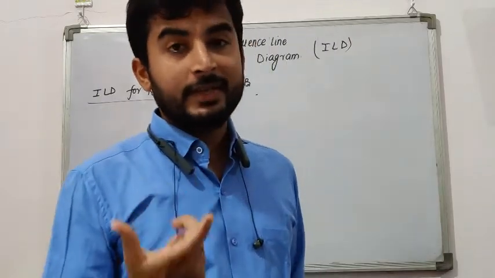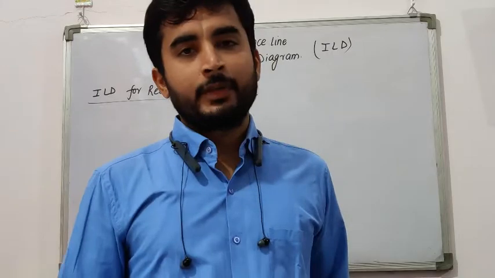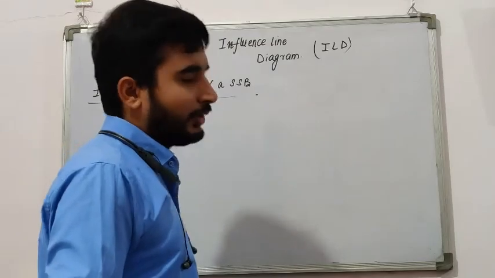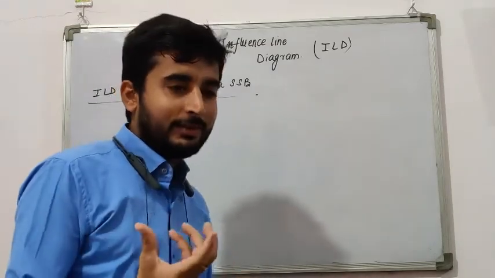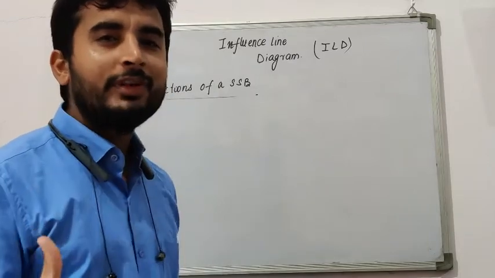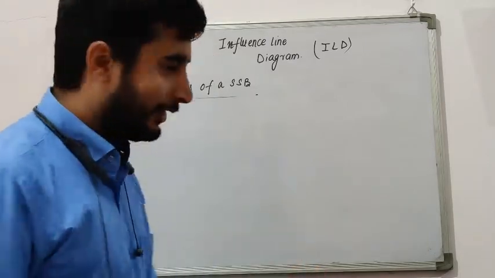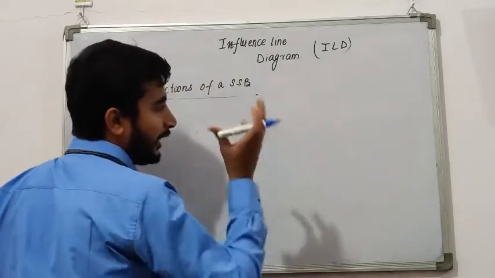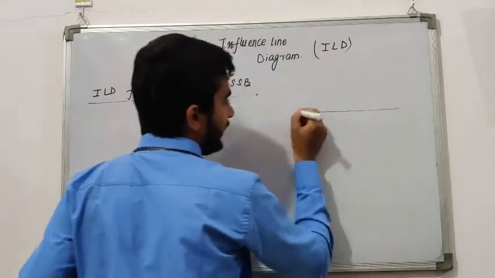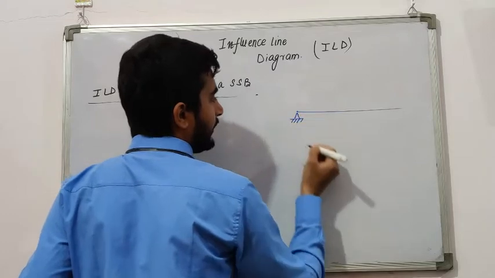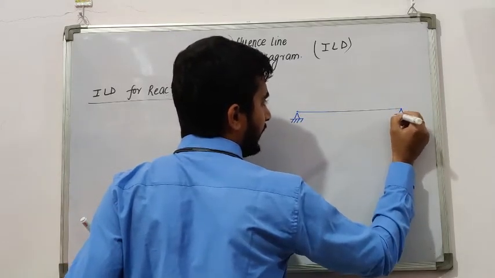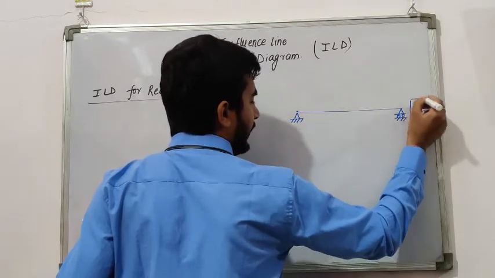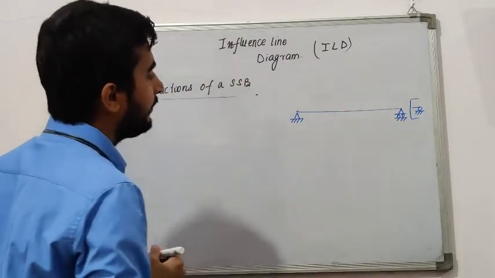If you remember the basic analysis I have done, you can do it for any beam. Right now I am doing this analysis to find a key which can solve all of your problems of the moving load as well as the static load. I will make sure you can do all of it. So if I say a simply supported beam, what you have in your mind is this image. This is the beam. One end has a pin support and the other has a rolling support. This rolling support can also be shown in another way, but I am not considering it right now. This is my simply supported beam.